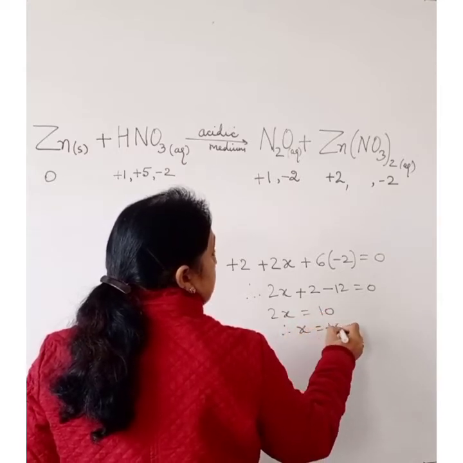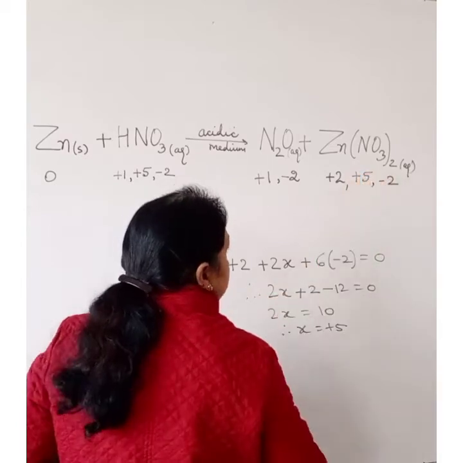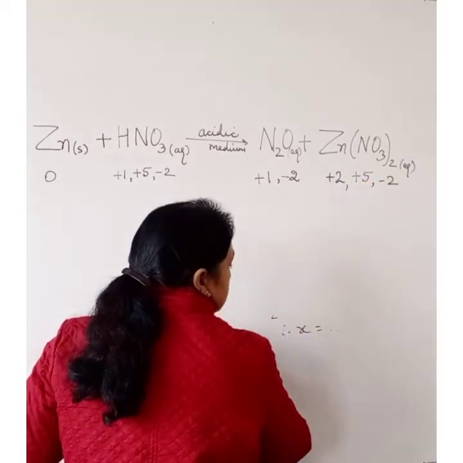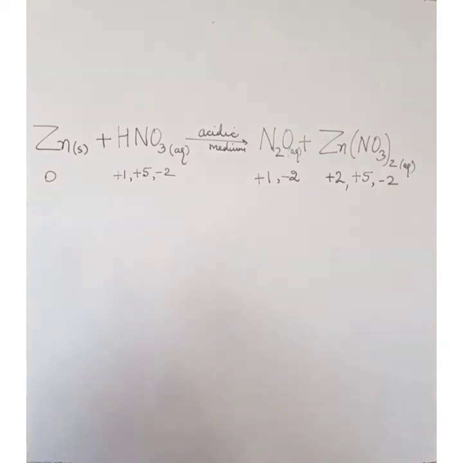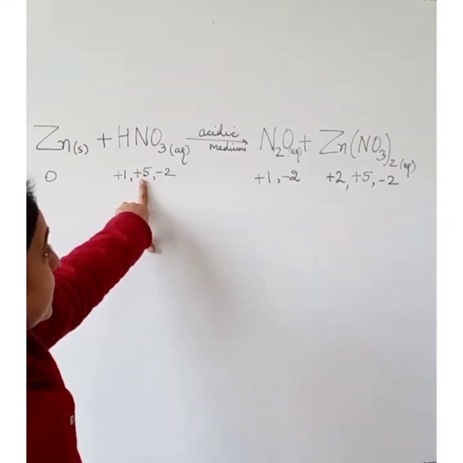So x is equal to +5. So we have to write down +5 for nitrogen. So we have followed the second rule. Now identify those elements which are undergoing change in oxidation number except hydrogen and oxygen. You can see here this nitrogen +5 is undergoing change